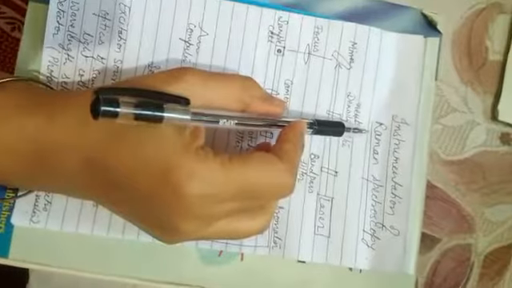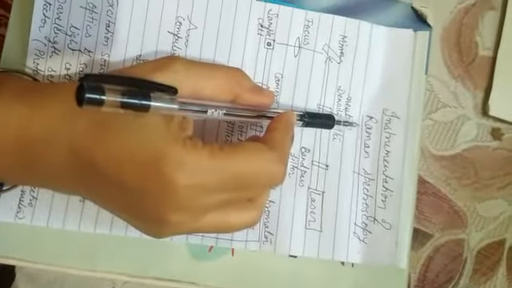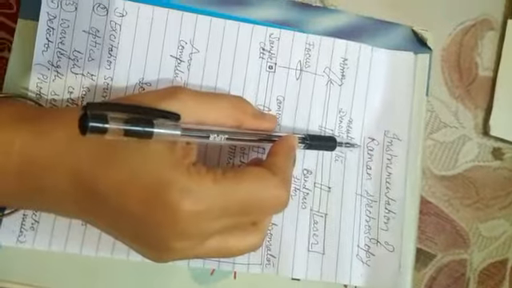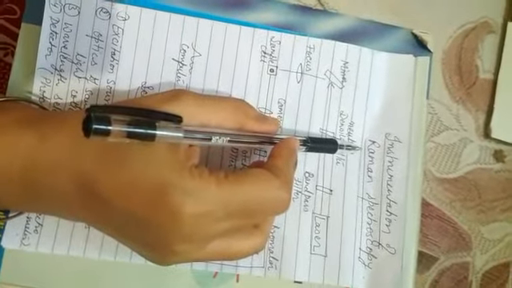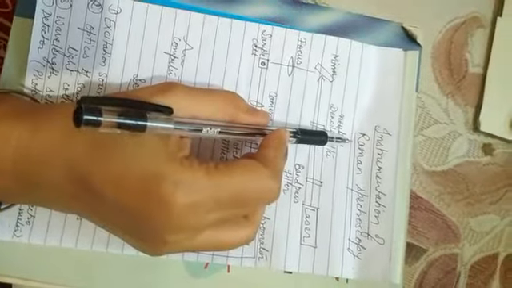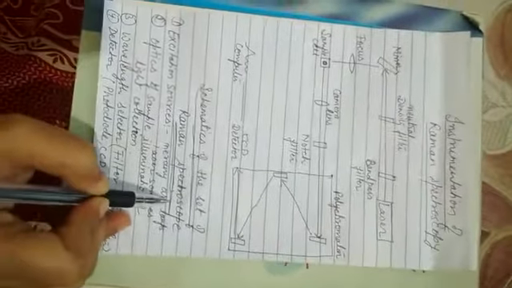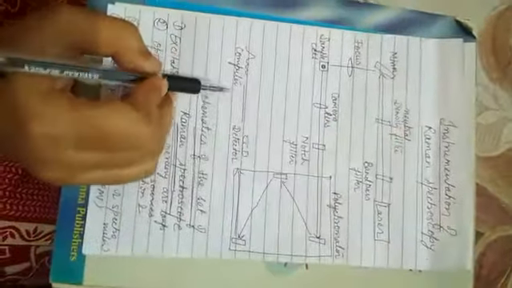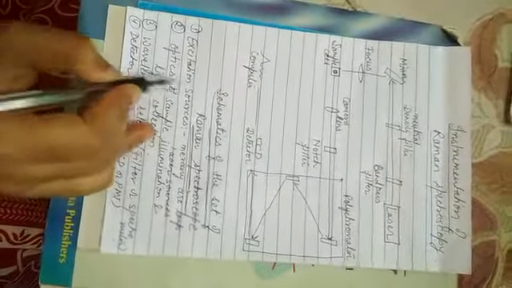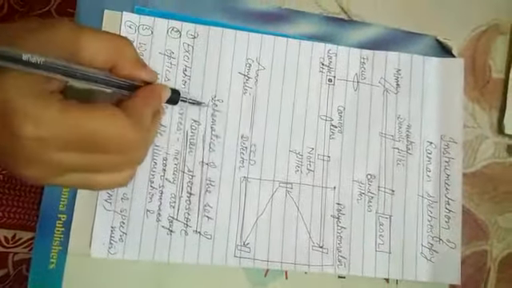I told you earlier about the basic principle of Raman spectroscopy and the basic terms which we have used in Raman spectroscopy. Hope you very well understand these terms, like what is Rayleigh scattering and what is Raman scattering. Today I tell you about the basic instrumentation of Raman spectroscopy. This is the schematic diagram of the Raman spectrophotometer. So I tell you about the basic fundamental parts of this Raman spectrophotometer.